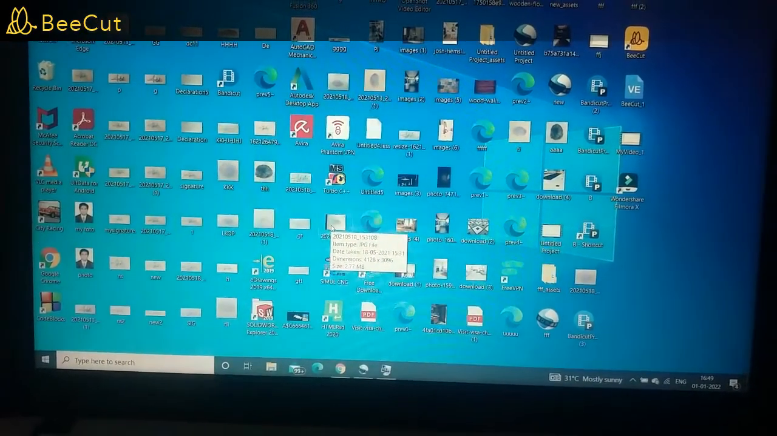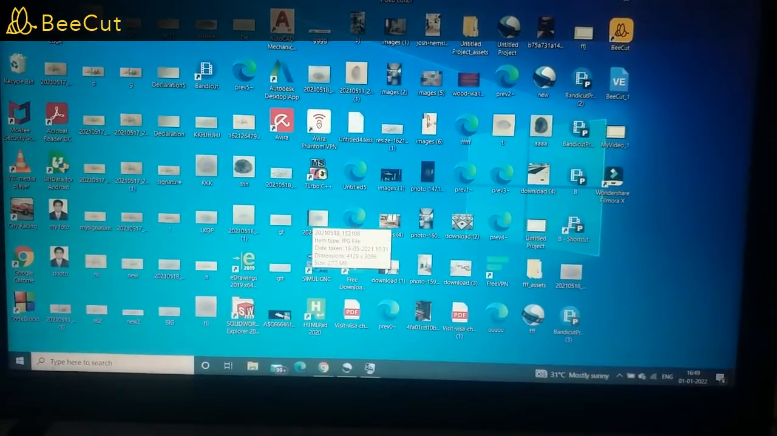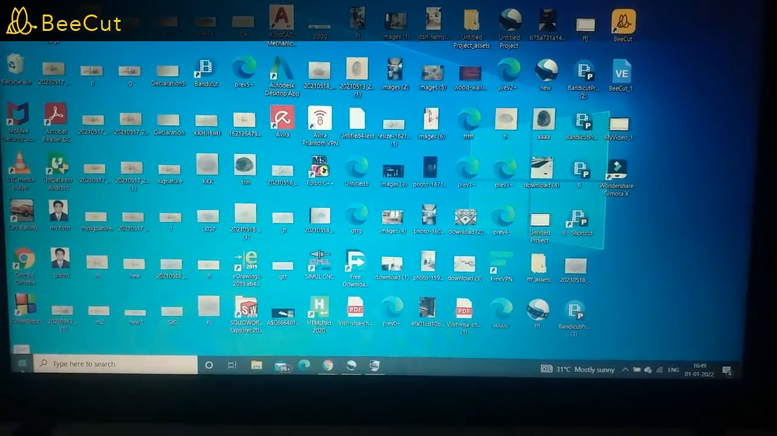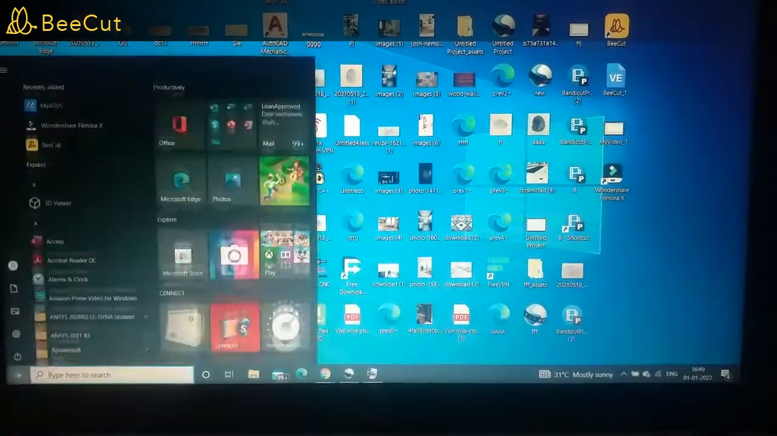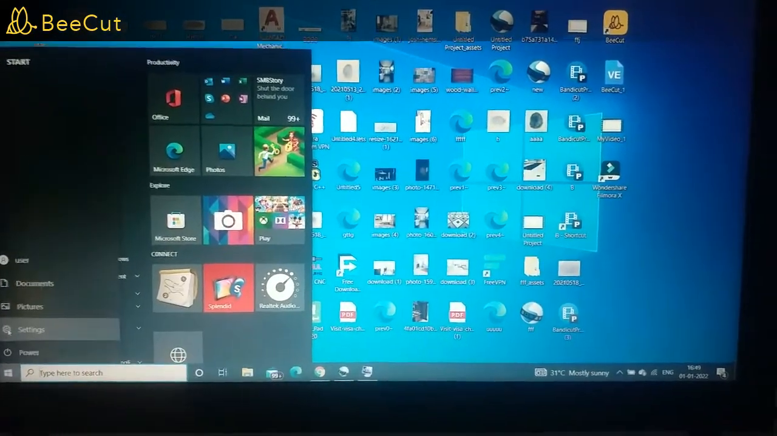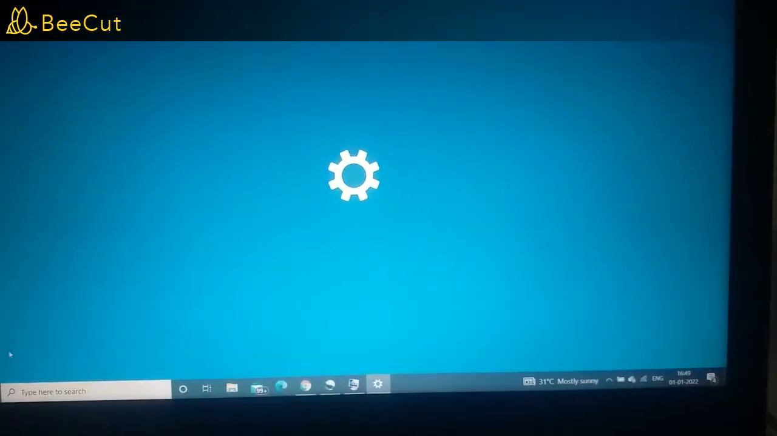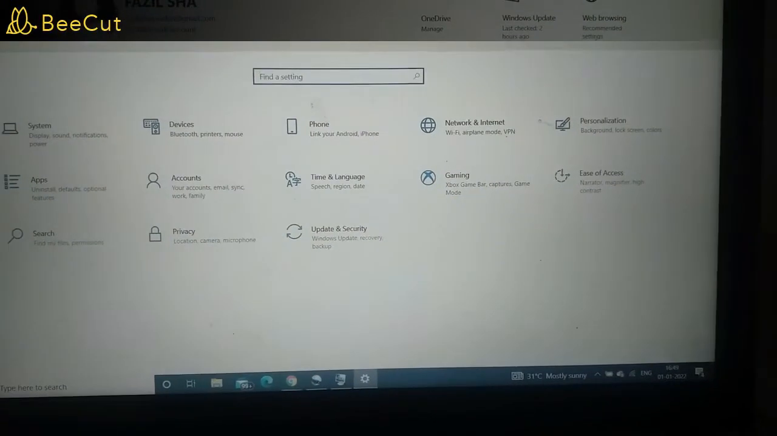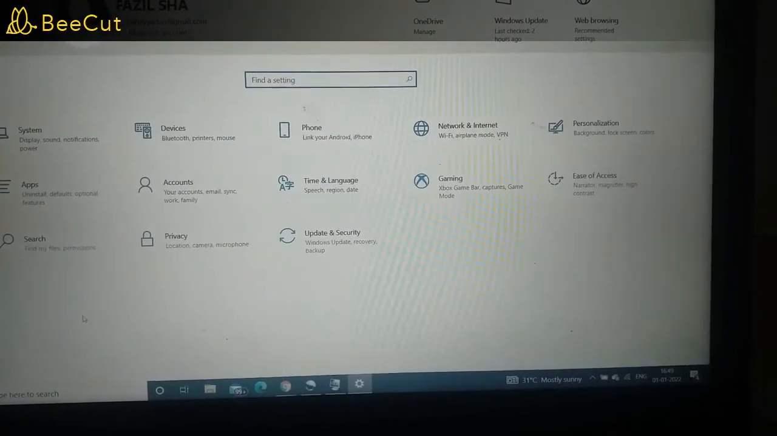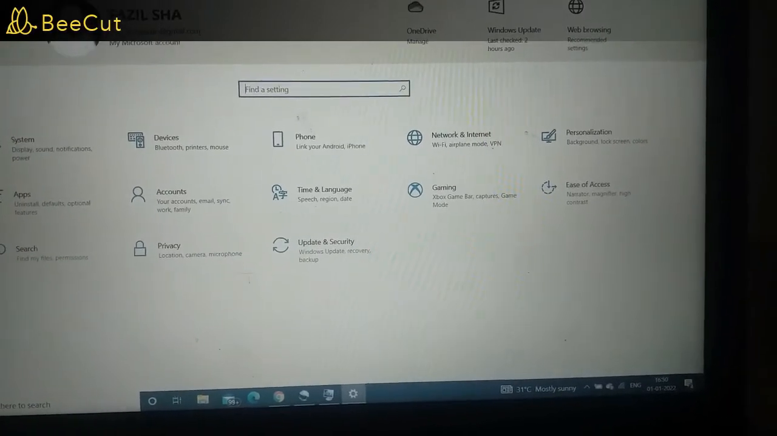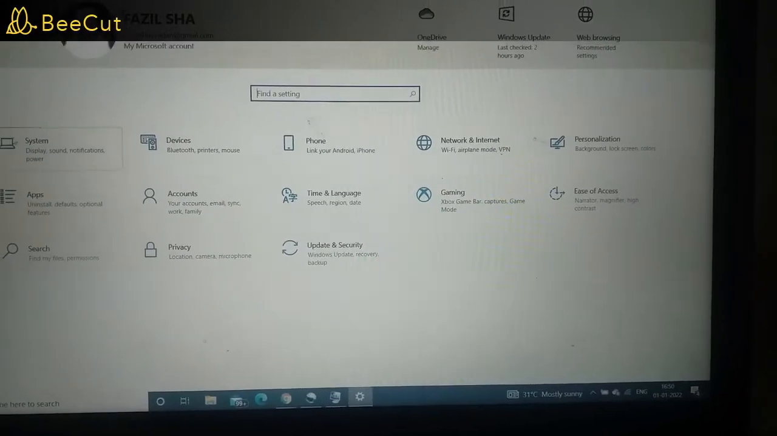Now we try to access the BIOS utility mode. For that we have to hit the start button and go for the settings. This will not take much time, but it will have to restart twice in order to access this BIOS utility mode. You can see the selections here: system, accounts, time, language,